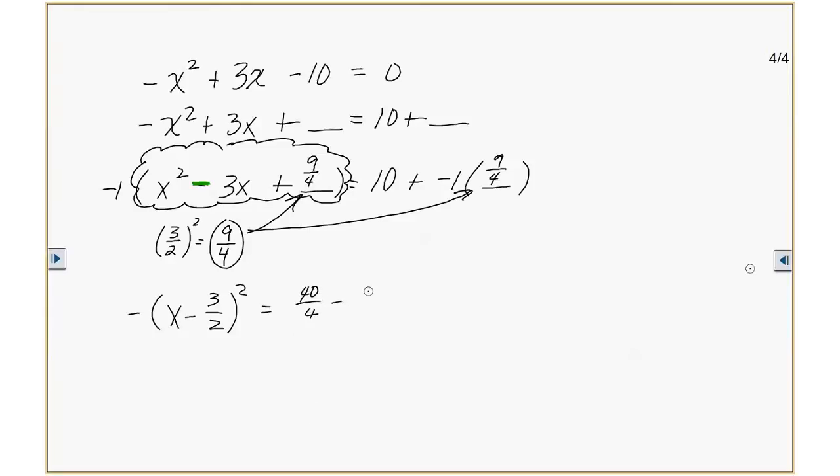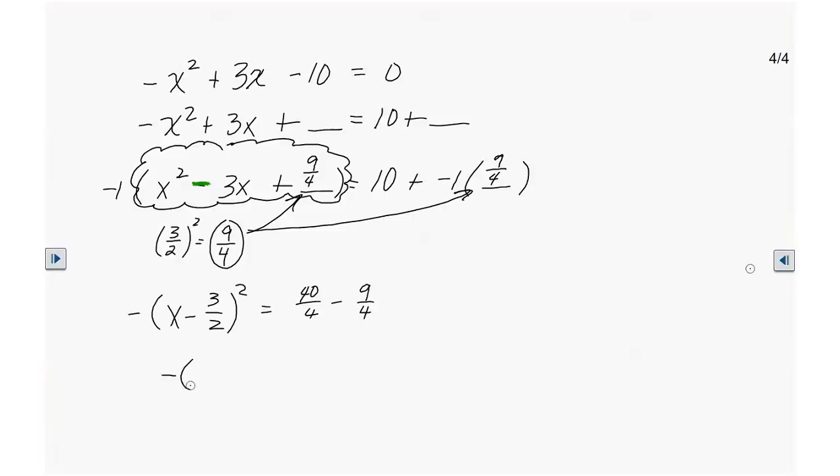minus... did we do this problem? I think we may have started it. I asked y'all, what was the last problem we went over? Well, then why do I remember this? I think I may have tried one with homework. This is what I gave up. No, I remember doing this. No, I remember getting 49 fourths. Yeah, that was another problem. Okay. All right. So, negative x minus 3 halves quantity squared is equal to 40 minus 9, which is 31 over